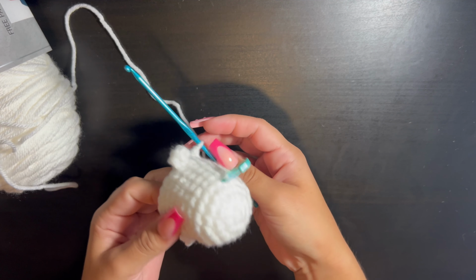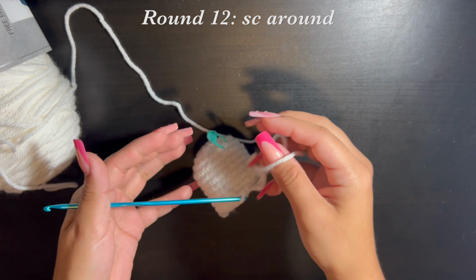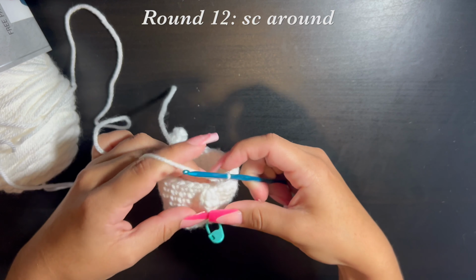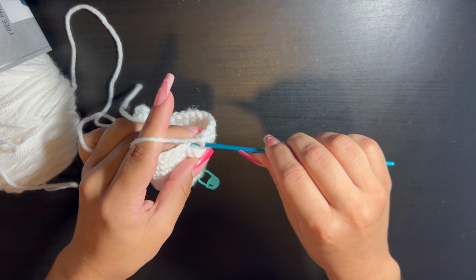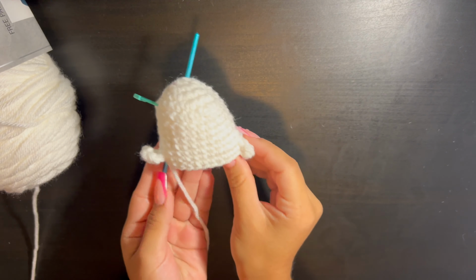Okay, for row 12, we're just going to do 1 single crochet all the way around. We're not skipping anything, so you'll see right here our row from before. I'm going to go right in that and just keep going. Okay, we just finished